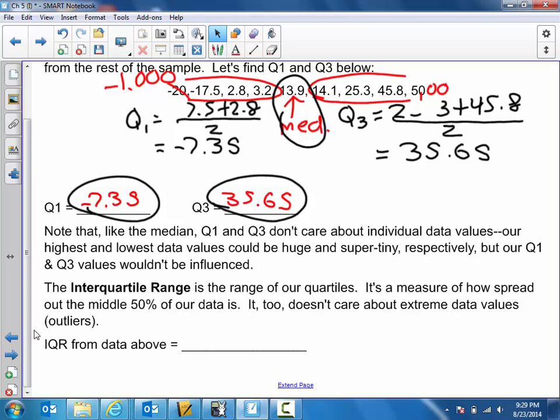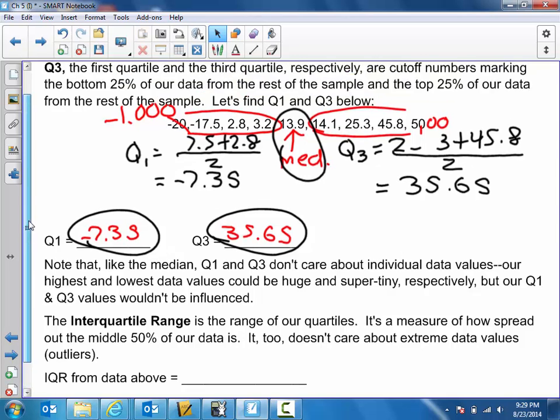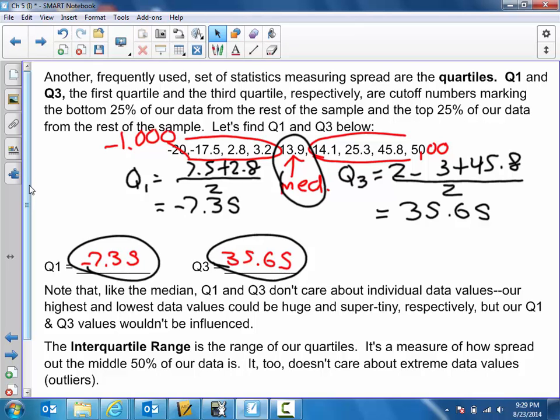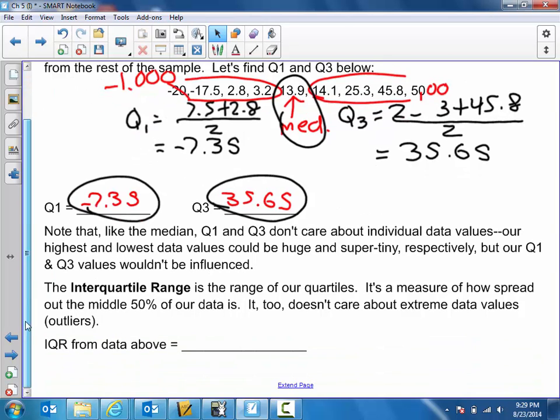Okay, the interquartile range is built from the quartiles 1 and 3. It's a measure of how spread out the middle 50% of the data is. Because note, if quartile 3 is the point at which 75% of the data is less than that point, and quartile 1 is the point at which 25% of the data is less than that point, if we take the difference between these two,